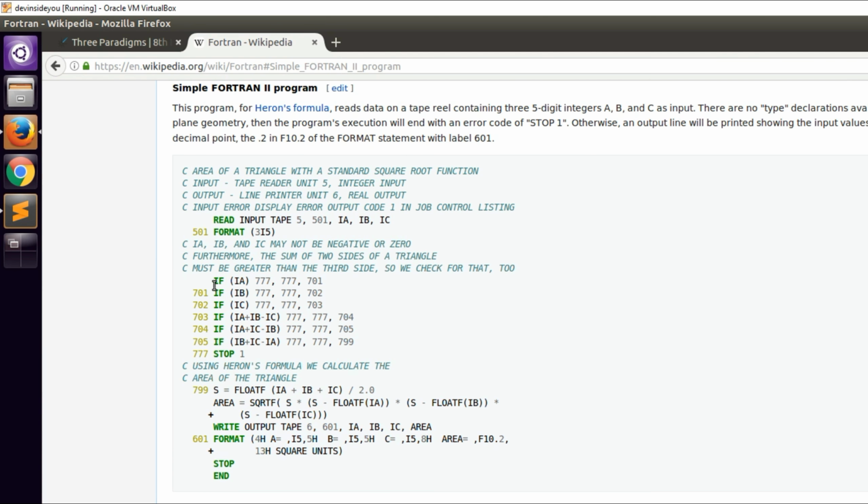So if you want to read this, basically what it's doing is it says if the variable IA is equal to 0, then jump to the instruction 777, which is over here, and basically stop the program and exit it with the error code 1, exit code 1, which denotes an error. Usually when a program exits without errors, it returns a 0. I'm not sure why it's specified twice here, but basically if it's not 0, then go to the next instruction,